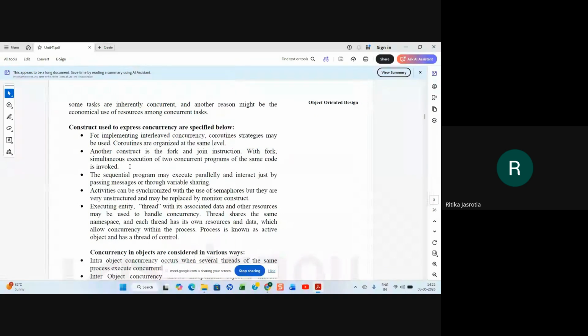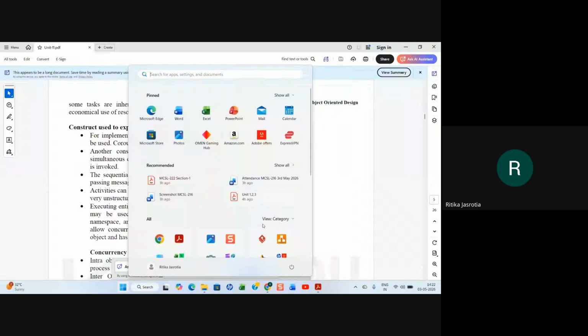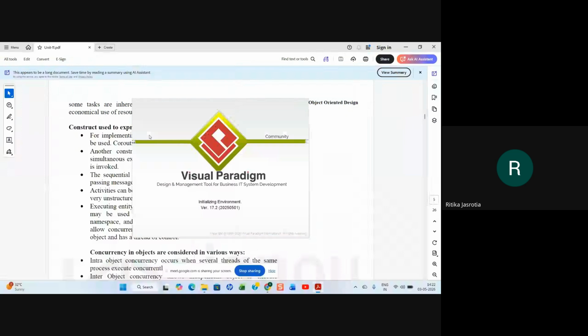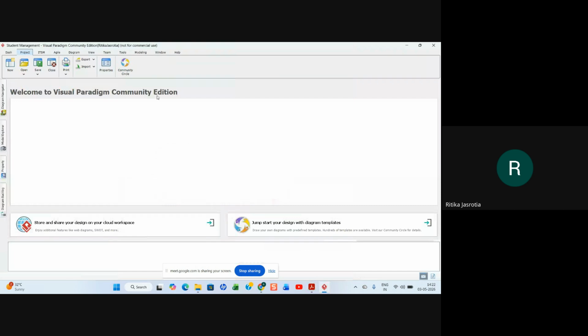So in your state chart diagram, there is a fork and join thing. I don't know whether we have it in our Visual Paradigm or not. So fork and join means that two simultaneous activities are working, right? From one, two simultaneous activities are working, so you can use that in your program, right?